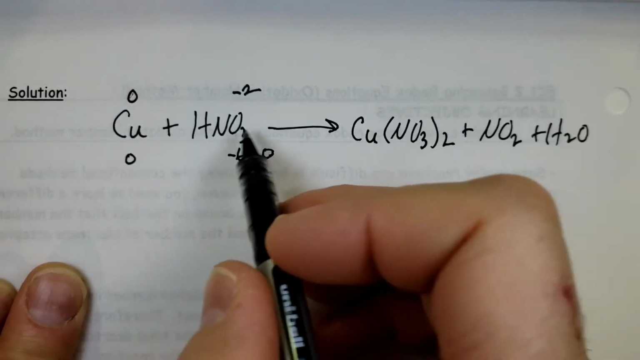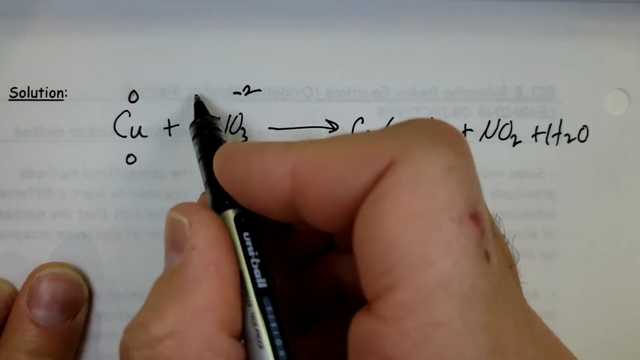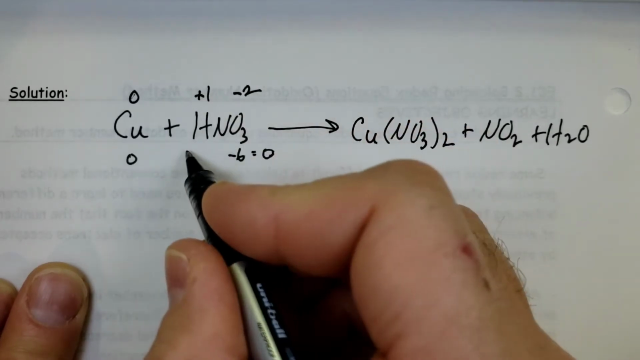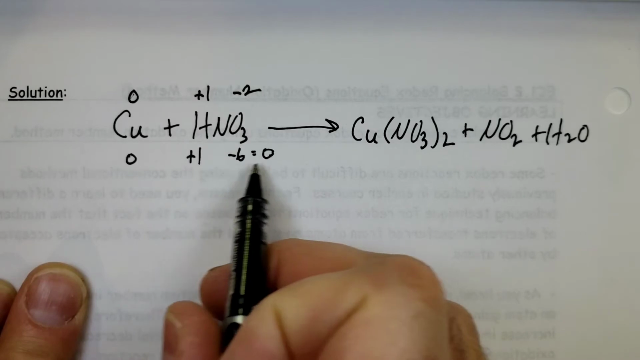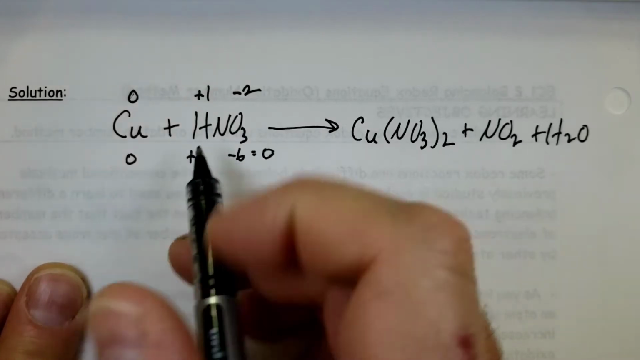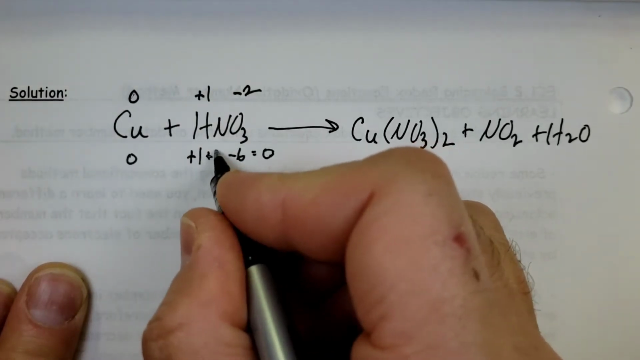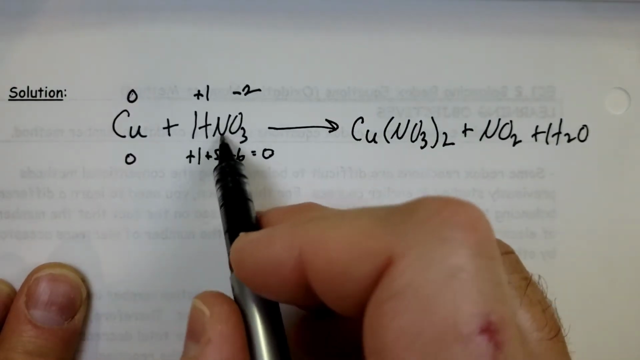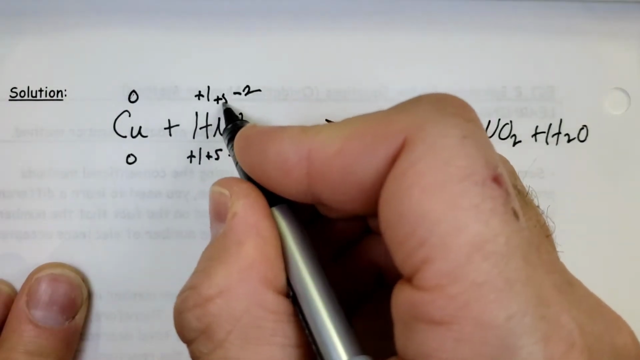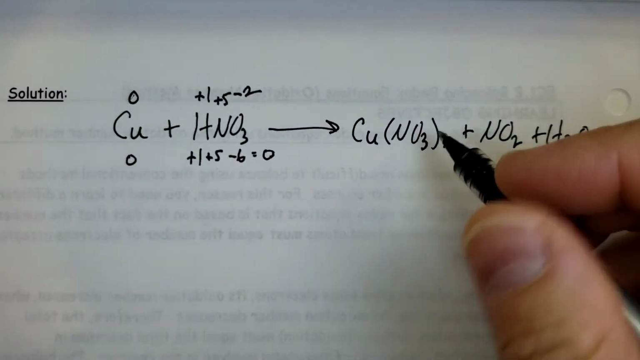Hydrogen, unless it's a hydride, unless it's at the end of the compound, we know it's +1. So that tells us what number we require here to make this a true statement. So 1 plus 5 minus 6 gives us 0. And of course, I only have 1 nitrogen, so that 1 nitrogen must be +5. Over here,